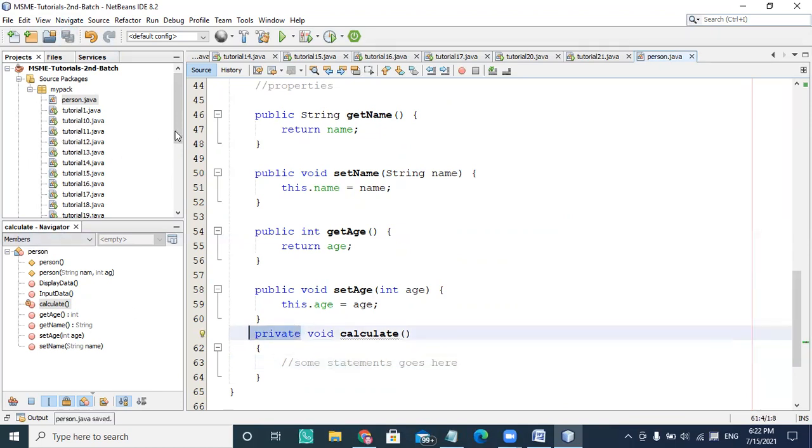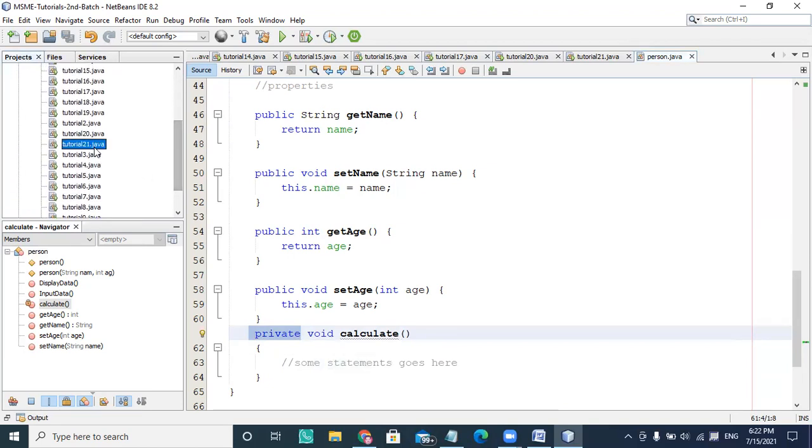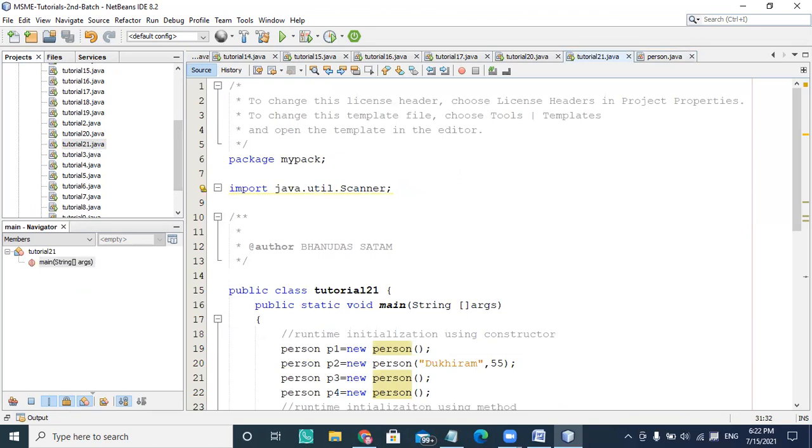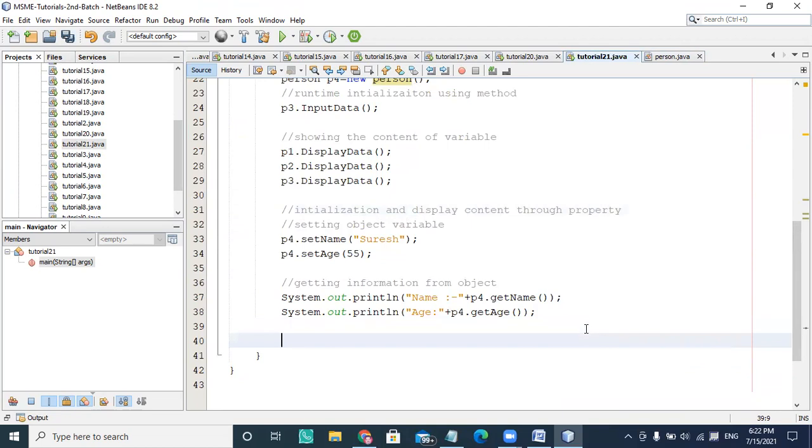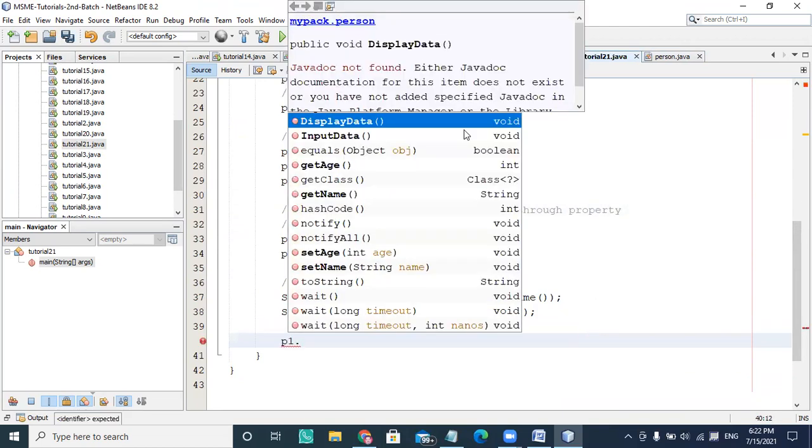So whenever you choose object p1, p1 gives a list of all the properties and methods. If you see, there are displayData, inputData, getAge, shown in bold.